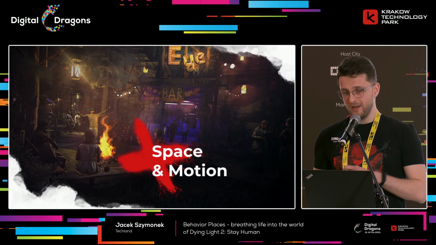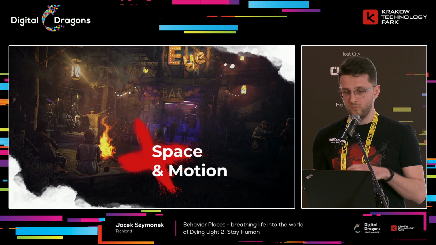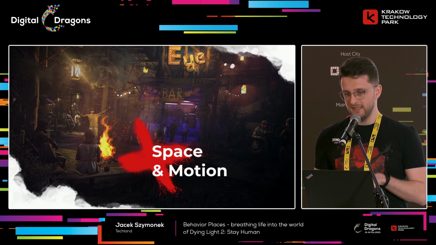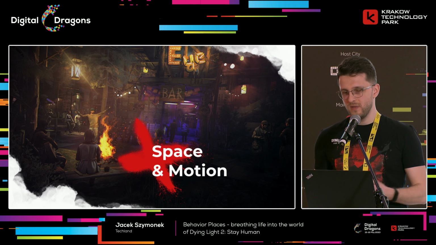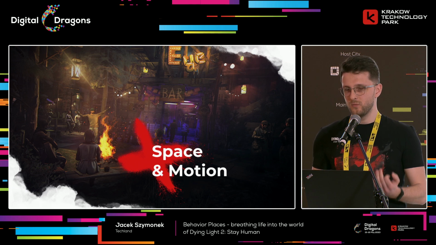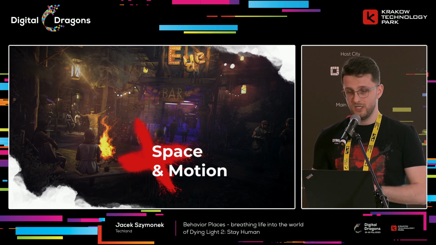Now that you know how the state machine is built and what kind of animations are used in each state, I'll talk a bit more about the constraints that we've imposed on the animation content. We'll cover behavior place versus AI positioning, root motion, and navigation issues.